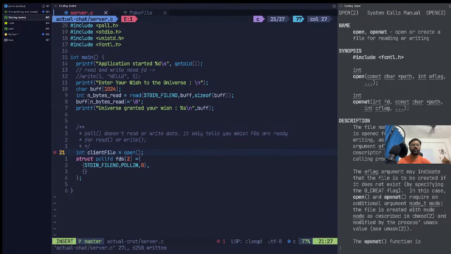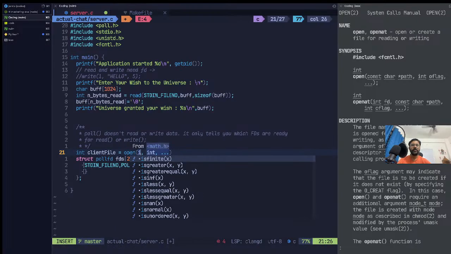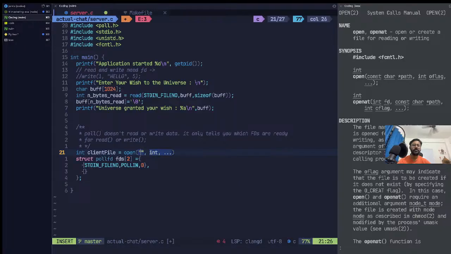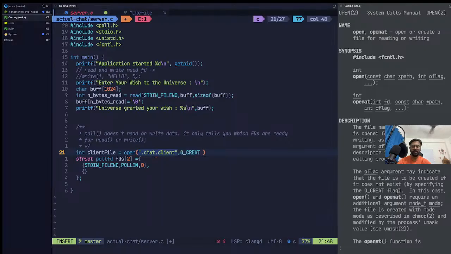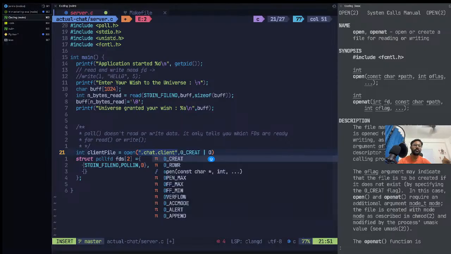I'll open two files and then I'll play around with it. Okay, yeah. And we'll open dot chat dot file. And we'll do permission of all, create and read write,